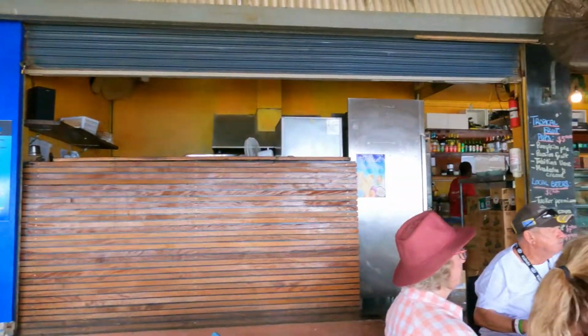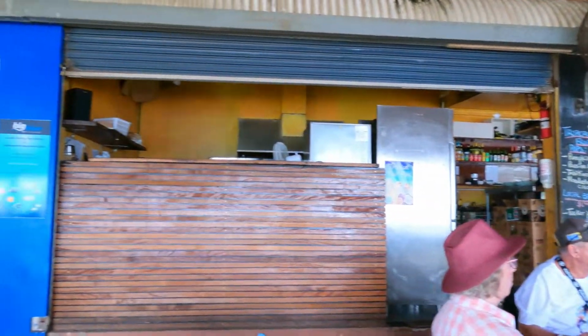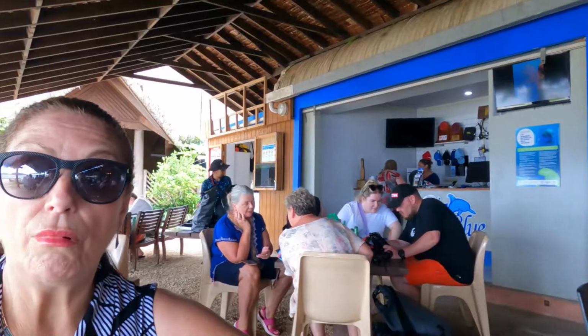We didn't ask in Australian dollars, did we? That we had a chance to pay in Vanuatu. Oh, is that what she said it was in dollars? $7 for the beer. It's on the board. Oh, okay. So right, I'm looking really shocked because I didn't see it in Australian dollars at all. On the board, by the side, all the beers are in Australian dollars. Okay, so we just asked for it to be in